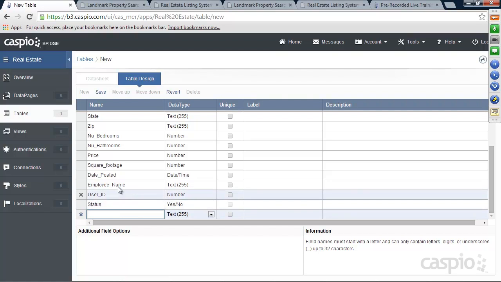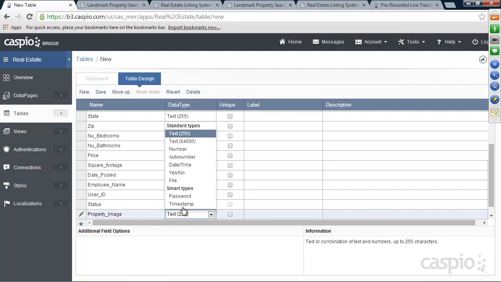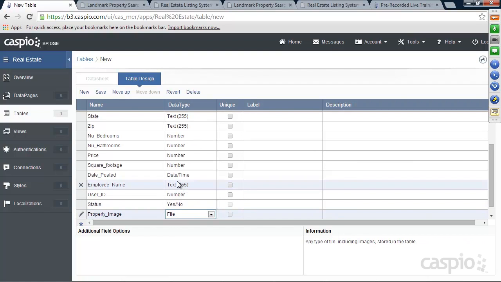And then last but not least, let's add one more, which is going to be the property image. And that's going to be a file data type, so the agents can actually have a browse button to be able to upload a property. And just so you guys can see how this table actually translates on the web, if you look at the live example that I just demonstrated,